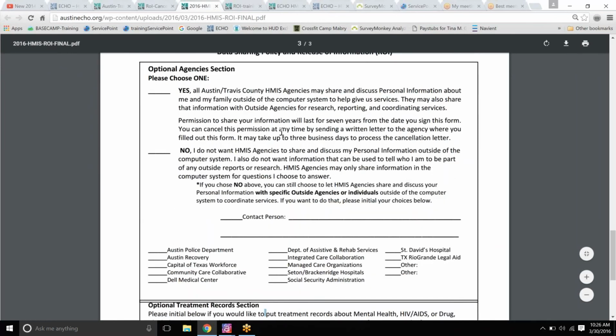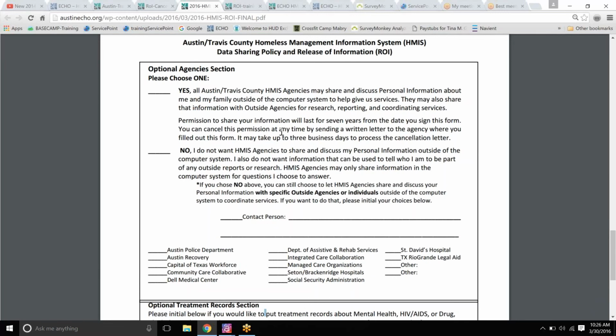The way I like to train this, and the way that I usually talk to people about this, is that there's three different things going on here the client can consent to. The first one is just letting them know, hey, we work with a computer system called ServicePoint, and we're going to be asking you questions, maybe around 30. We're going to take those questions, we're going to put them into our computer system called ServicePoint, and there's about 240 end users, about 30 COC agencies that use ServicePoint to give you services more quickly and easily. That's the 30-second elevator spiel of what the ROI is.